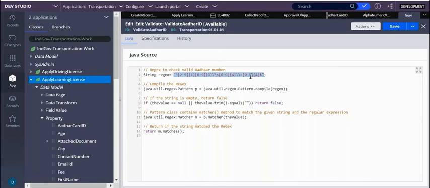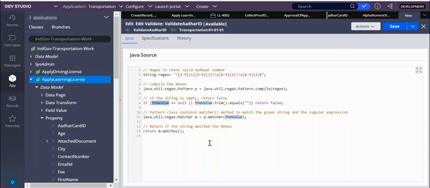Then you take that particular regular expression and create one object P here, and then you have the value over here. What is this value? The value is what you write in your clipboard. Where do you write that? You write it in the Aadhaar number.